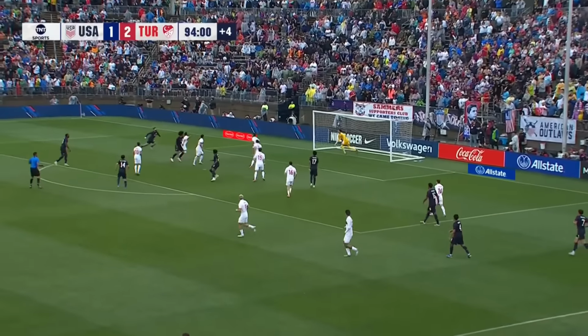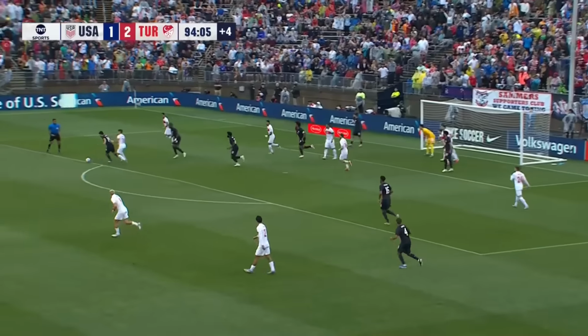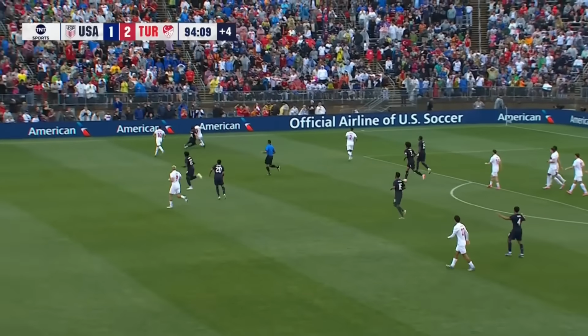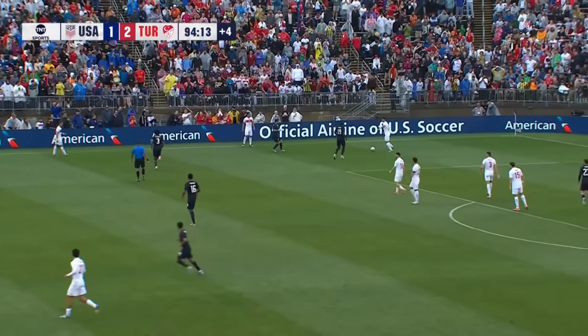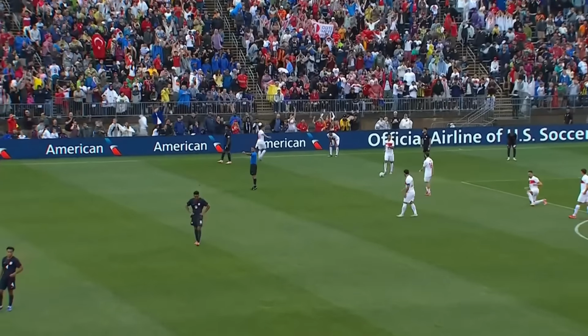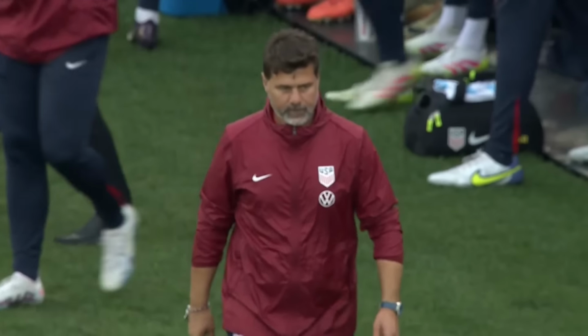The cross in. Flipped on towards the back post and drops down here towards Richards. Richards couldn't get the shot away. De La Torre picks it up, but nowhere for him to go. And that might be it. Indeed, the whistle goes in East Hartford, and it is a 2-1 win for Turkey. Goals from Güler and Akatolu